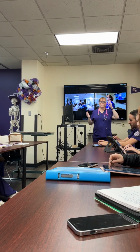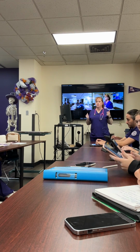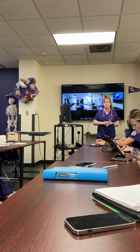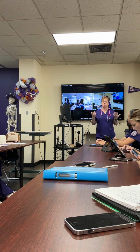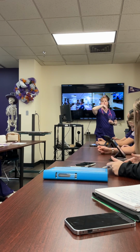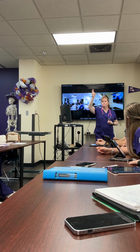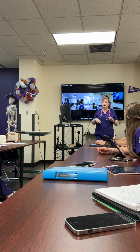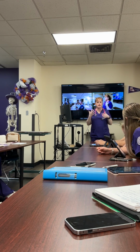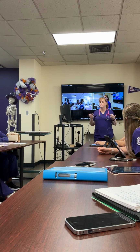That means you have a great risk of falling. Okay. So when you look at the Morse fall scale, what are some things that would put us at high risk of falling? Age. Medications. Comorbidities. What kind of medications? Metoprolol. Beta blockers. Narcotics. Very good. All of those medications can cause somebody to get lightheaded, dizzy, a lower level of consciousness, causing confusion,